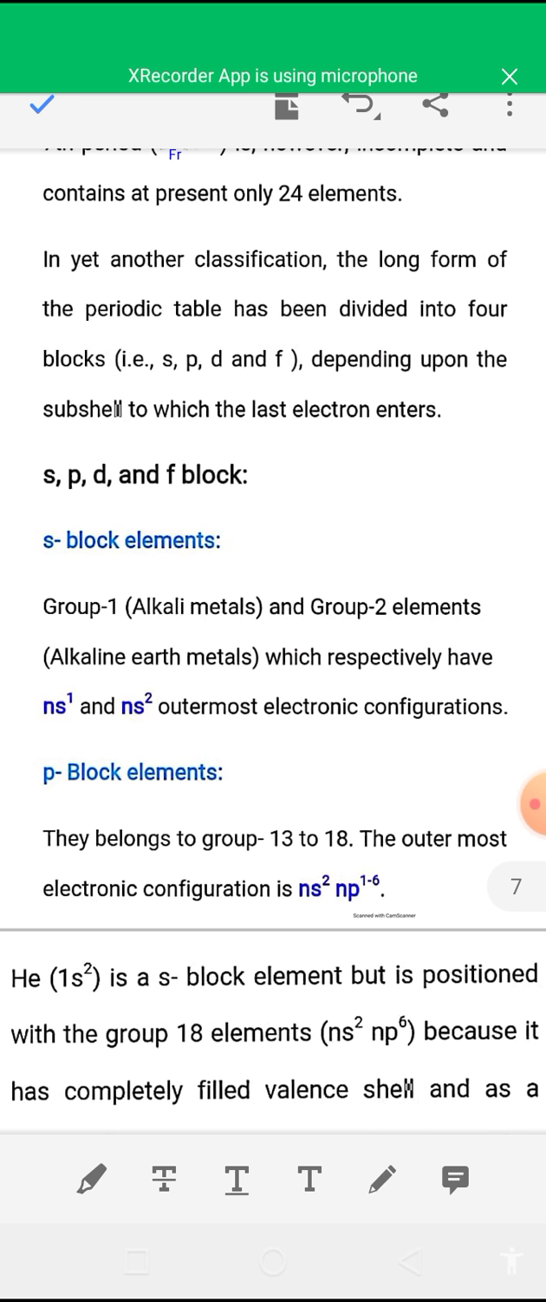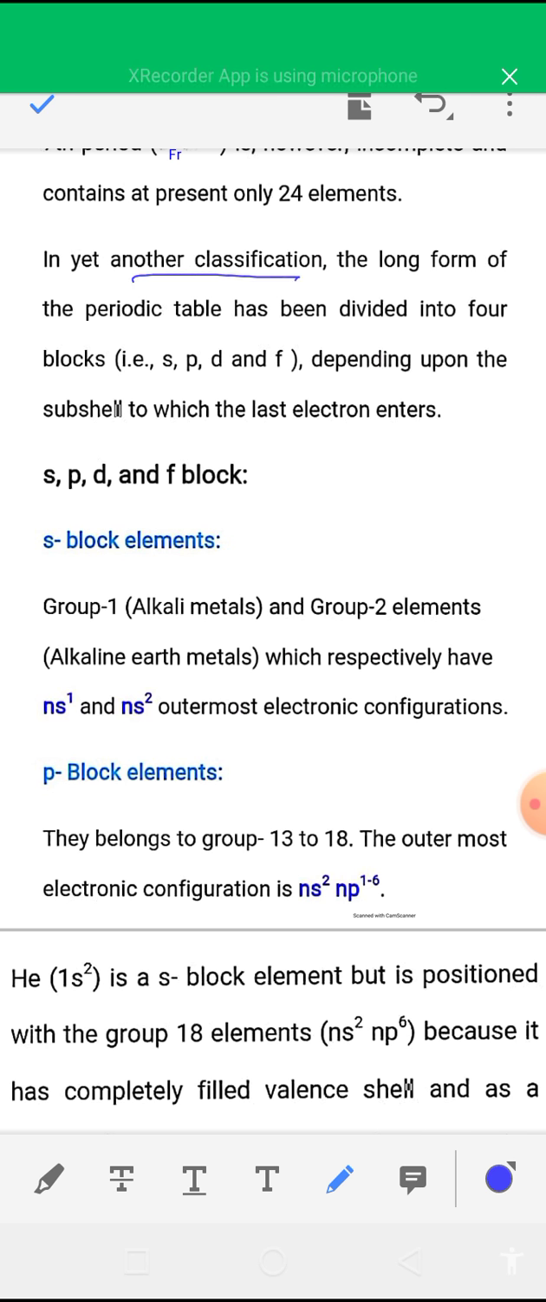So another classification: the long form of the periodic table has been divided into 4 blocks, that is S block, P block, D block and F block, depending upon the subshell to which the last electron enters. So, SPDF classification. The first one is S block elements, group 1 and group 2, that is alkali metals and alkaline earth metals,